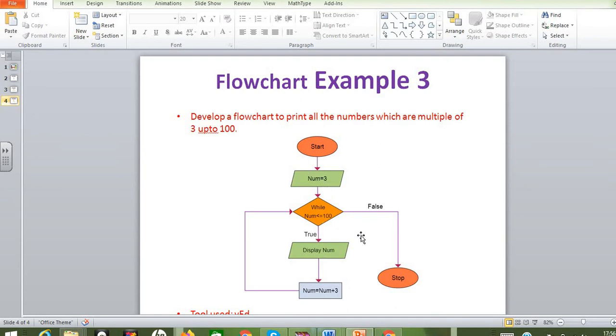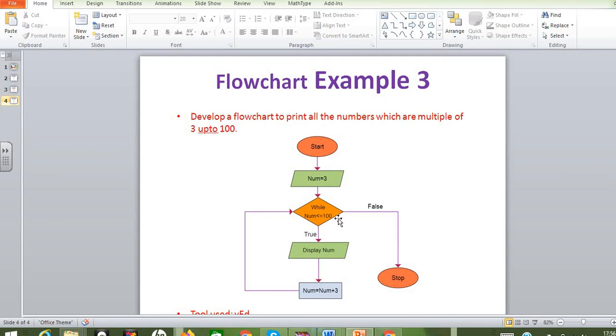So here I need to go for the iterative control, right? So here I have to go for the while statement. We know that if it is the if statement, the statement will be executed only once, right? When we want the same statement to be iterated for multiple times, either we need to go for the for loop or we used to go for the while loop, right? So for this problem, it is better to go with the while loop.